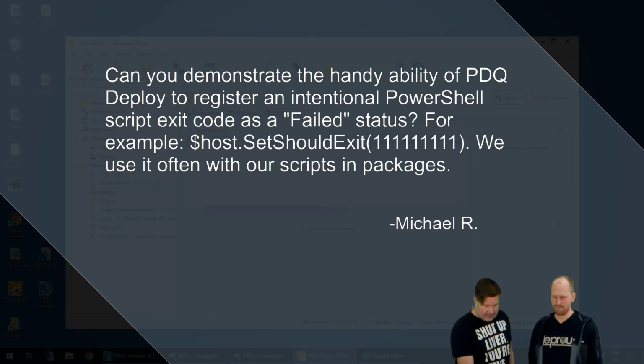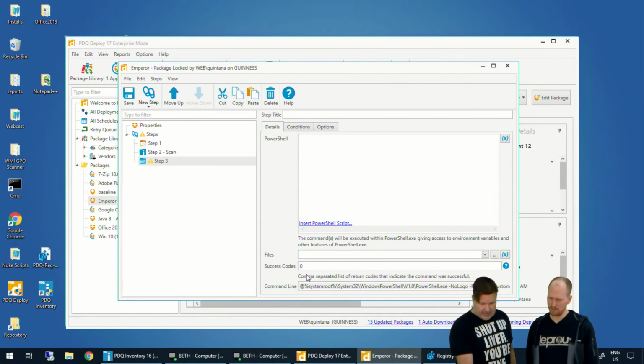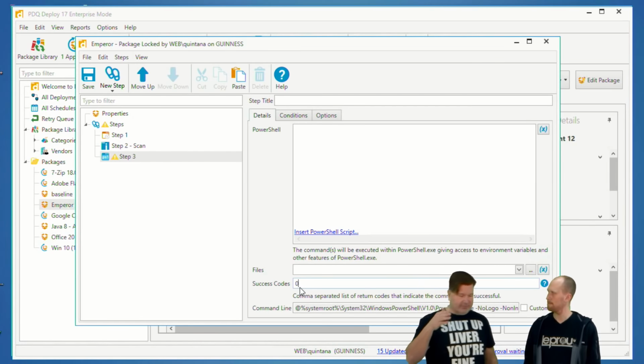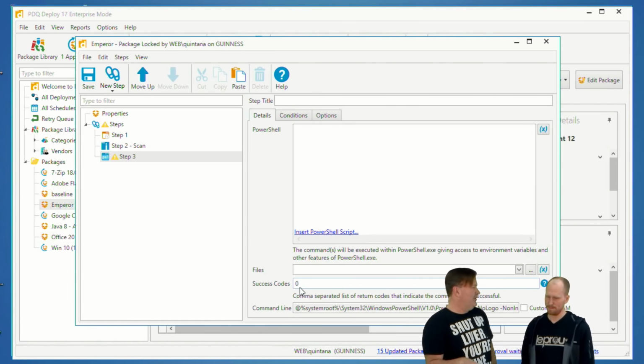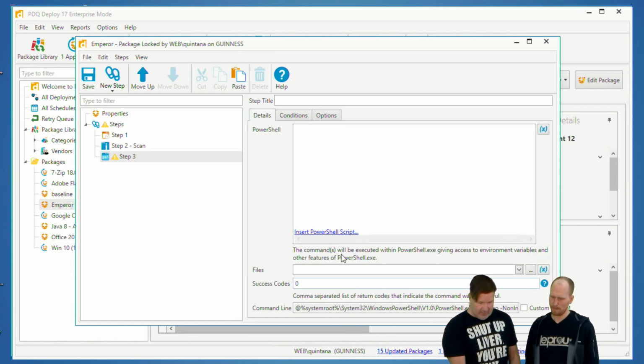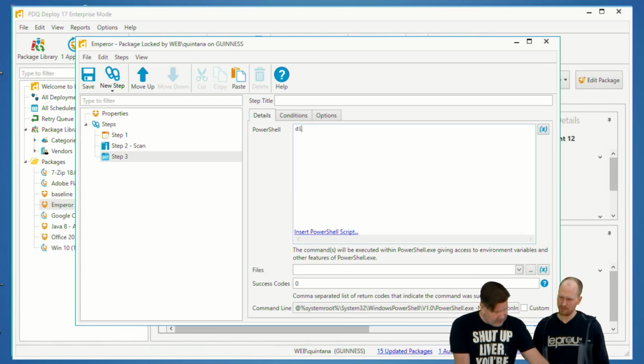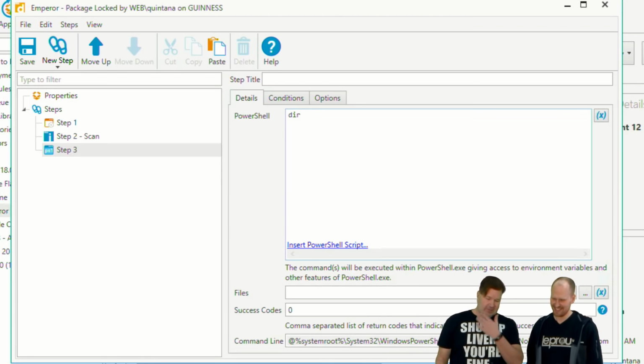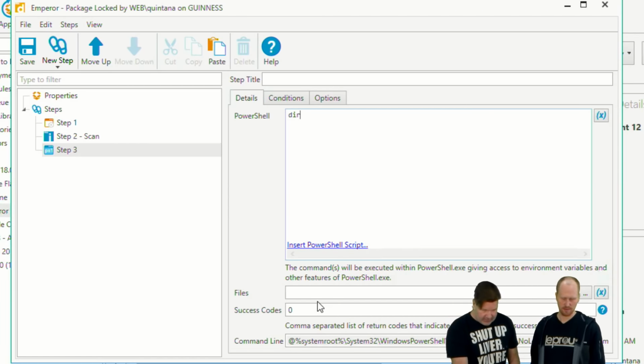Well, let's go take a look at my Emperor guy here. So let's say we got our PowerShell. We'll do a PowerShell script. Okay, exit codes. Success code is 0. So if you've got a failed code, you definitely do not want to put it in as a success code. I don't know PowerShell all that well, but I'm sure PowerShell should run a dir. Yep. Now, if dir returns me anything except a success code, so your string of ones, as long as I don't put a comma here,